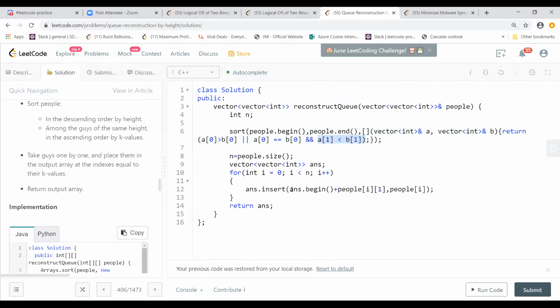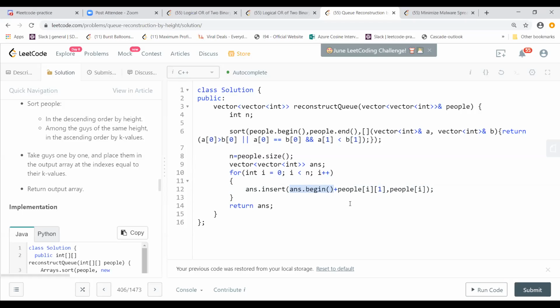When you are inserting in an array, you always look at the position of that array, and you add that index value to this position, and then you insert your value. This begin value doesn't change, so even if we remove it, it works. It's the begin value of the vector, right? So it's always 0. Even if you remove it, it will work. It's a beginning iterator value, so I think it's the pointer, right?